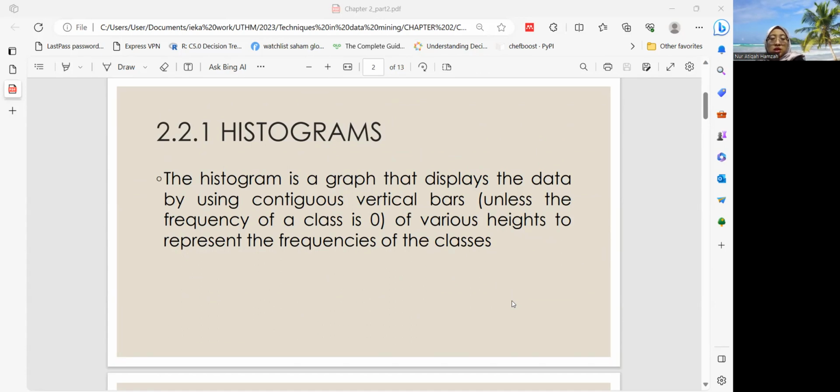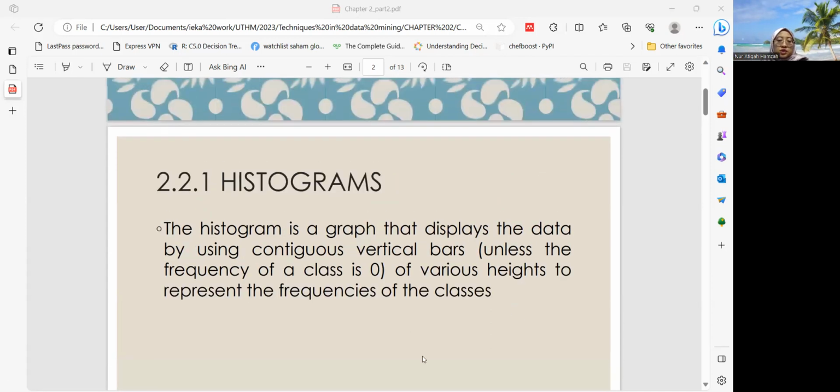untuk x-axis kita akan guna nilai lower boundary dengan upper boundary setiap kelas. Dan histogram juga dia punya bar tu rapat-rapat lah. Sebab kita tahu, contohnya, kelas pertama punya upper boundary tu nilainya adalah sama dengan lower boundary untuk the second class. Okay, so kita tengok